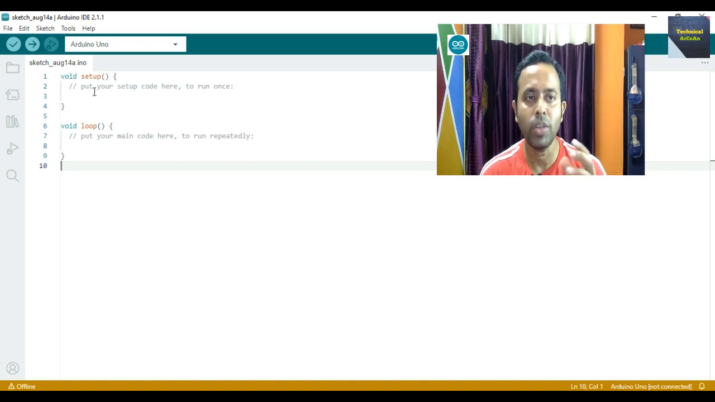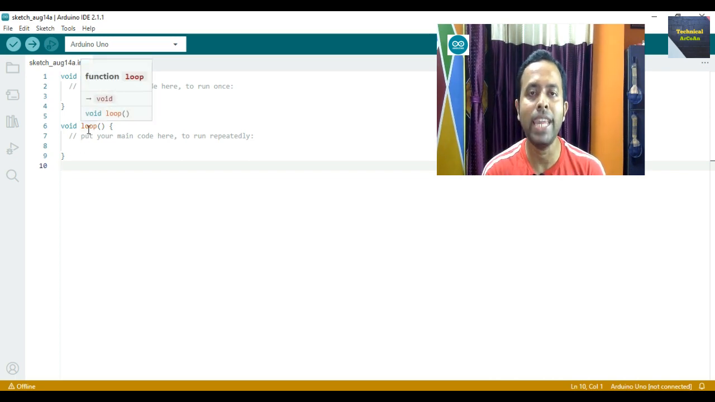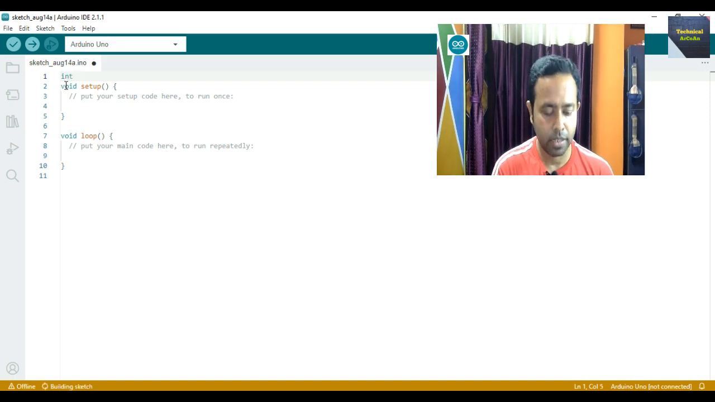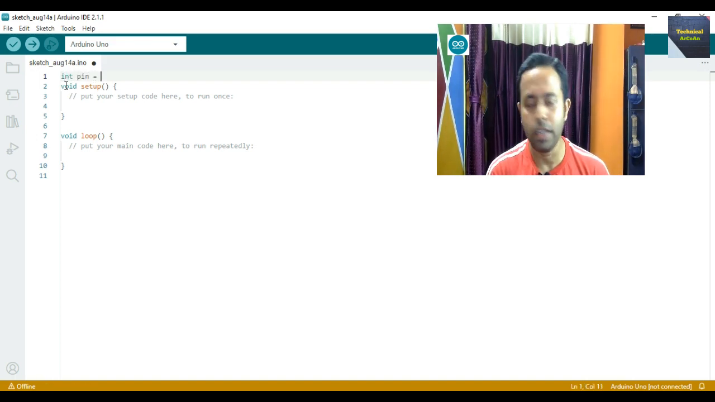The initialization part is done within the setup part, and any execution part which is needed again and again repeatedly is written within the void loop. For today's problem, to blink an LED, we need a particular digital pin. Suppose we take digital pin number 4. In that case we define a variable at first. Write int, the variable name is pin, and the value is 4